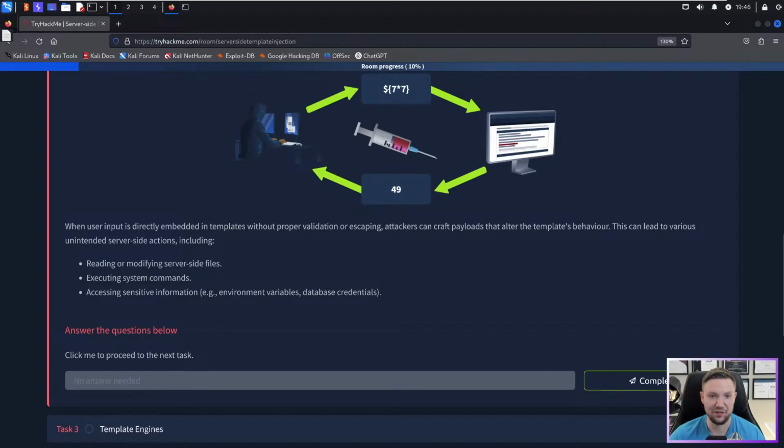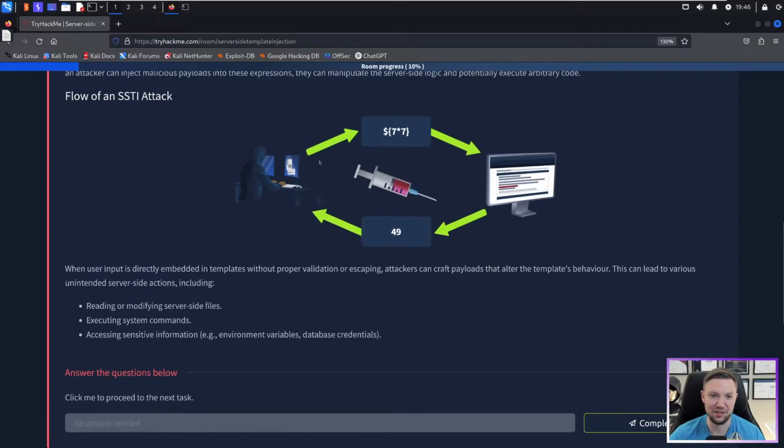Oh yeah, I was making fun of this graphic. I didn't like this graphic. I was like, what if you're new to SSTI, it doesn't make any sense to me if I didn't know. I know it makes sense to me because I know what SSTI is, but if you're brand new to SSTI, it's kind of hard to follow in my opinion. We're going to get into it, but